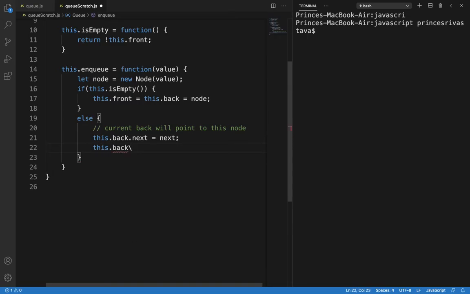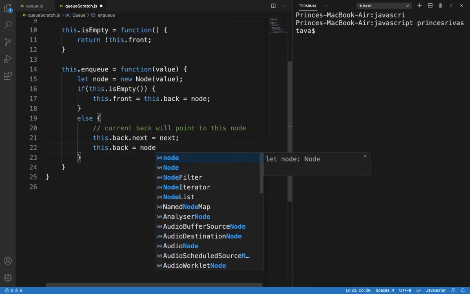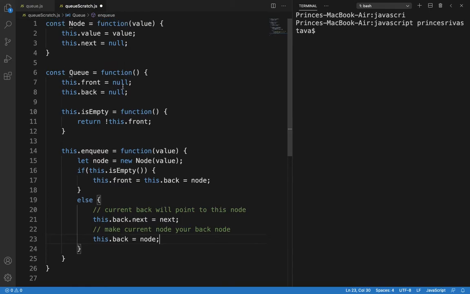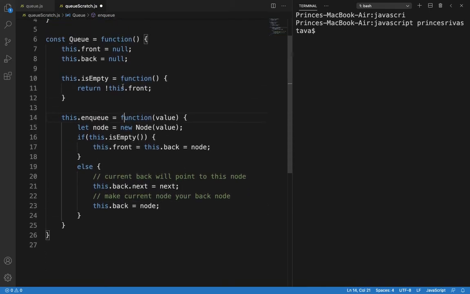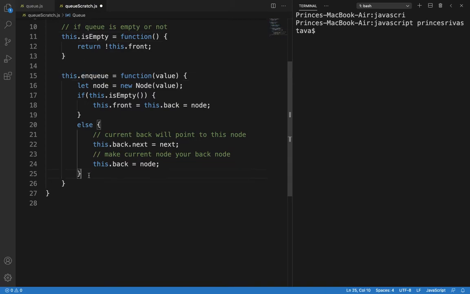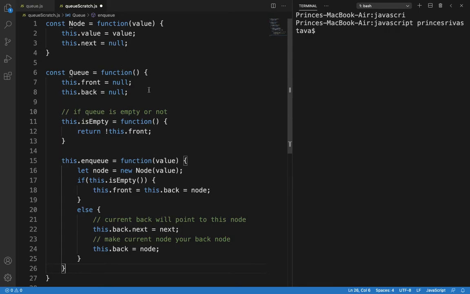This.back will be equal to node. Make the current node your back. Okay, so I hope you are understanding what I am doing here. So this function will check if the queue is empty or not. Now our enqueue function is created, and this should insert the values inside the queue.